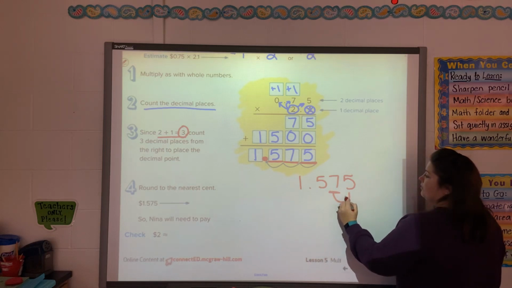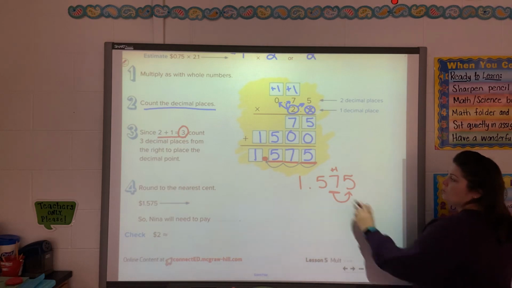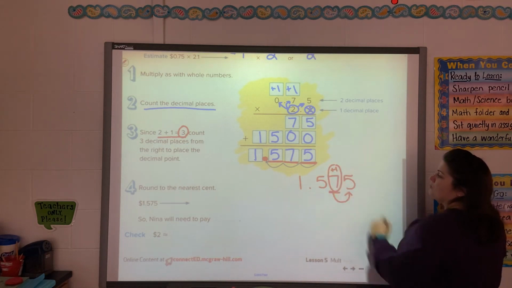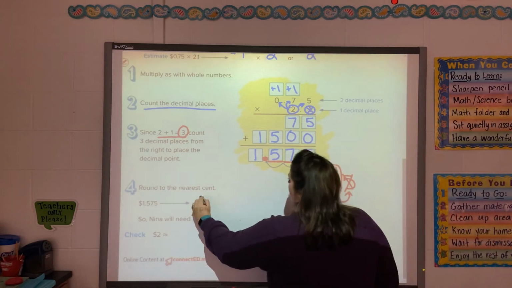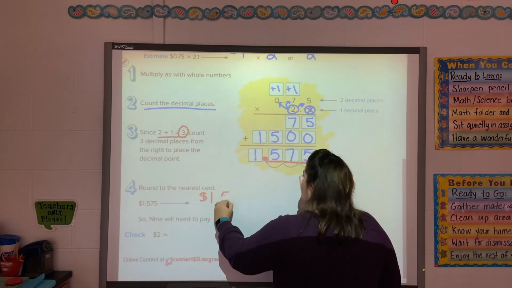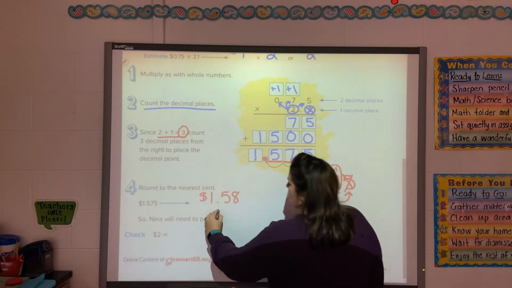Look to my neighbor. 5 and above, give it a shove. So the 7 goes up to an 8. And then I can drop my 5. So I would have $1.58. So she's paying $1.58